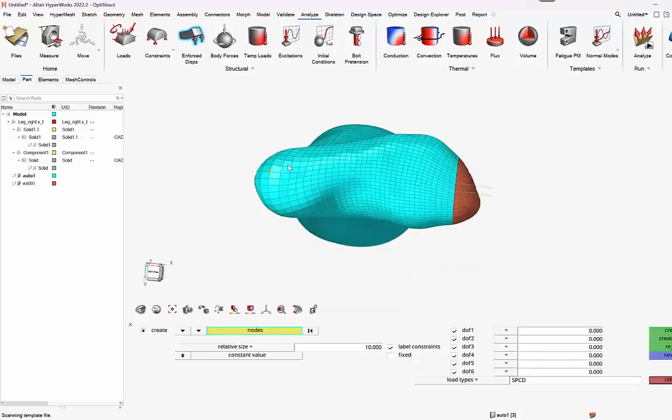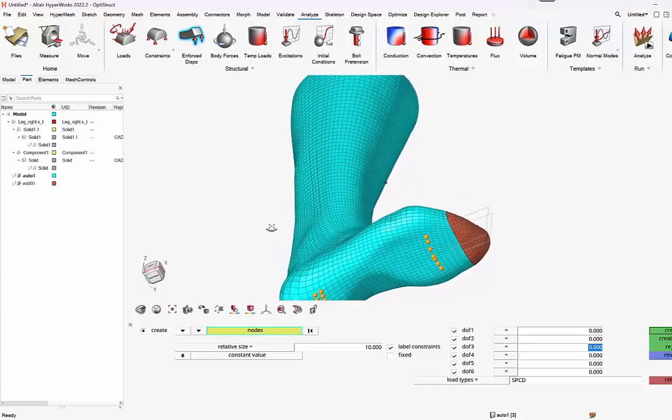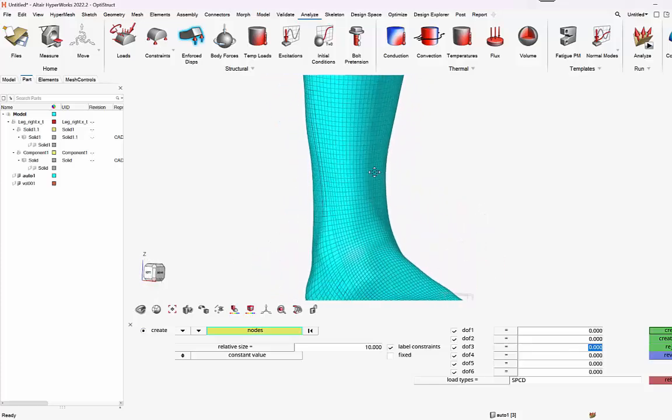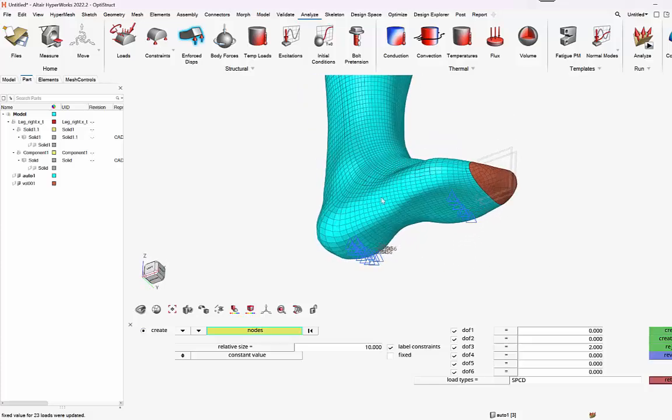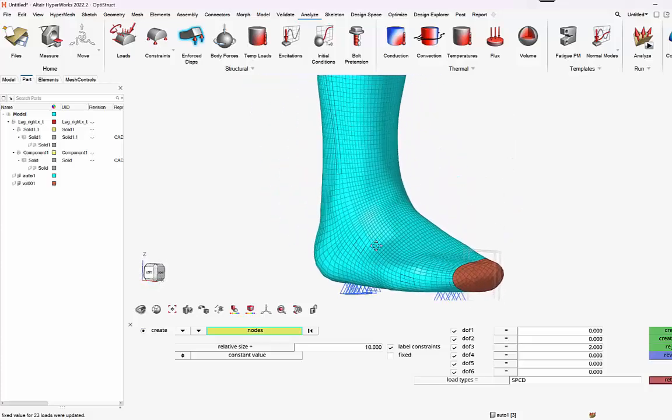So I can just go into enforced displacement. I can select the nodes on which I want to apply this enforced displacement. Either I can box select them or I can just select manually. Let's select certain nodes, right? Even I can box select in here. There are 6 degrees of freedom in which I can apply. Let's say I want to apply in Z. So let's apply in minus Z. No, let's apply in plus Z. So in plus Z, let's apply 2 units. Just enter and just create. So it will create that very boundary condition of